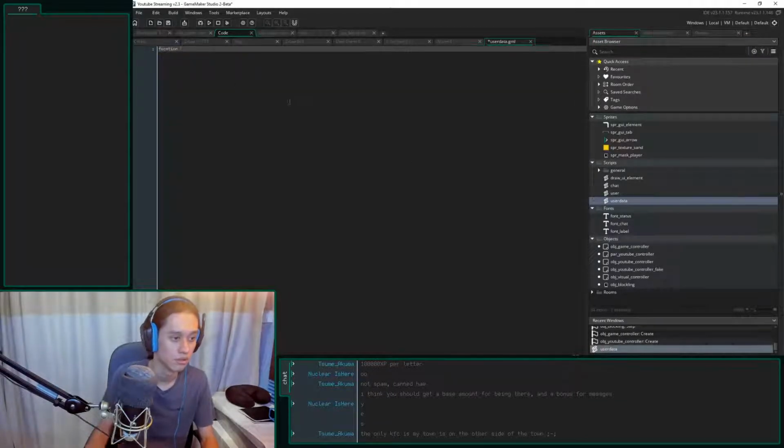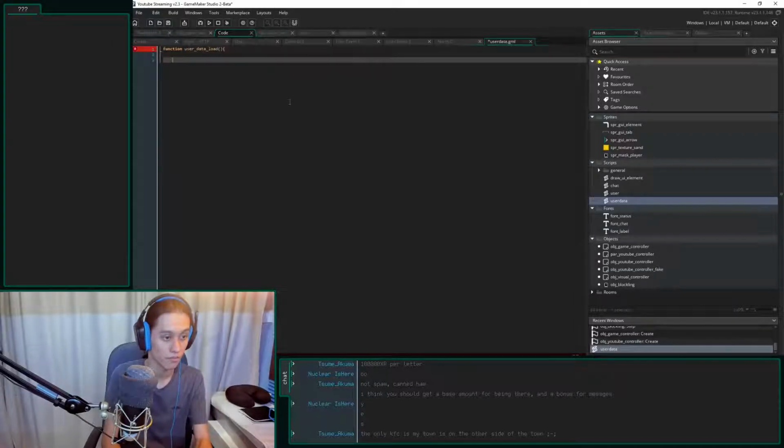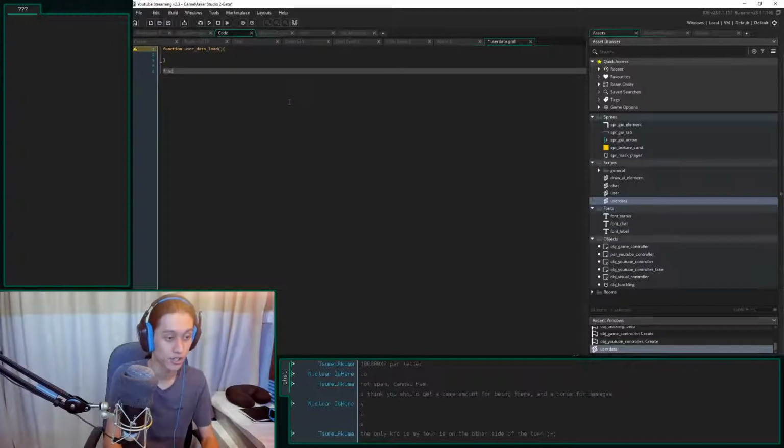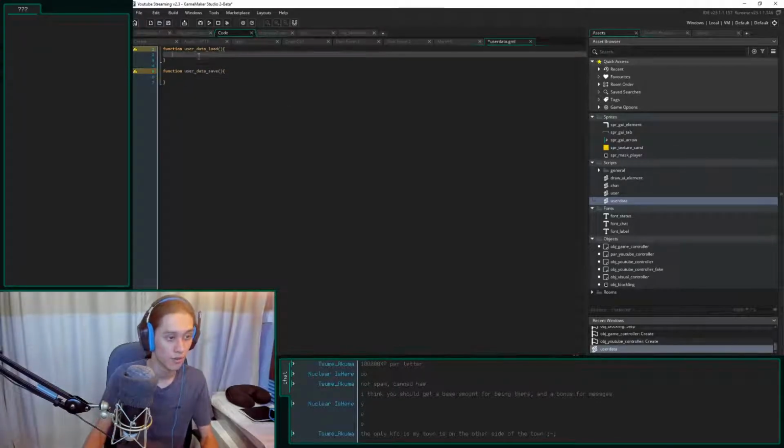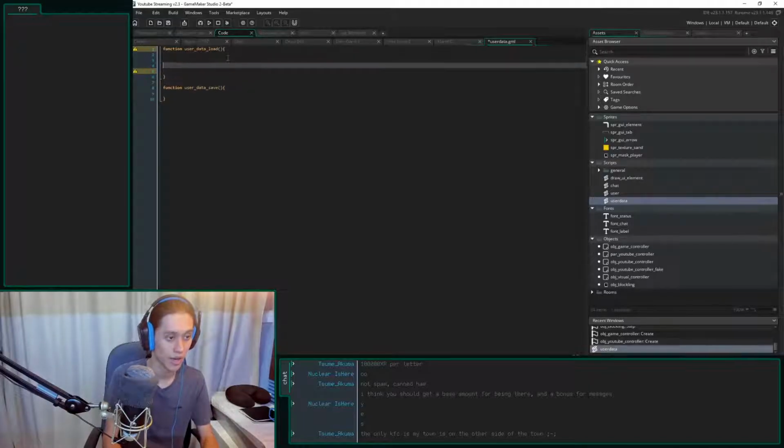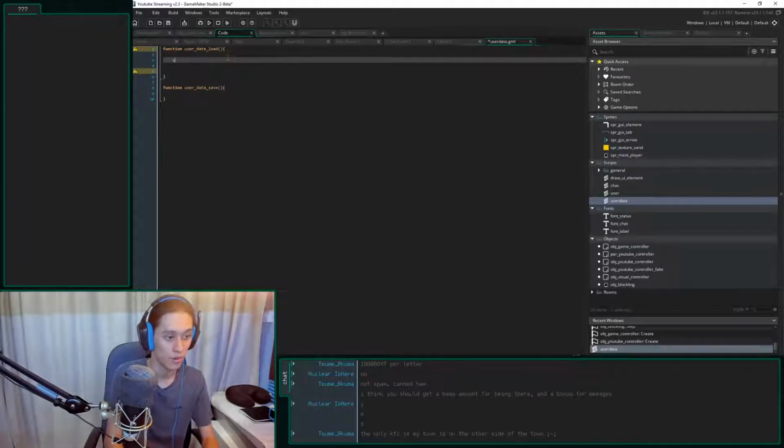Function user data load. And then we have function user data save. There we go. So then what I can do when I load it, I can do an INI open.